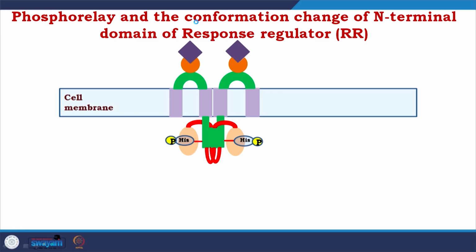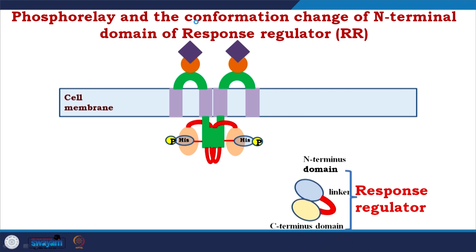So, these are high resolution structures. Coming to the next part, now the phosphorylated histidine transfers the phosphate to the response regulator, which has two domains, an N-terminal domain and a C-terminal domain connected by a flexible linker. So, the phosphate comes and binds to the aspartate residue